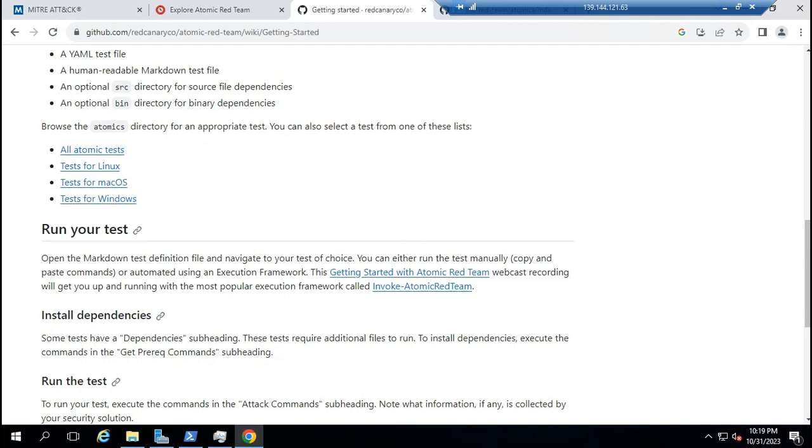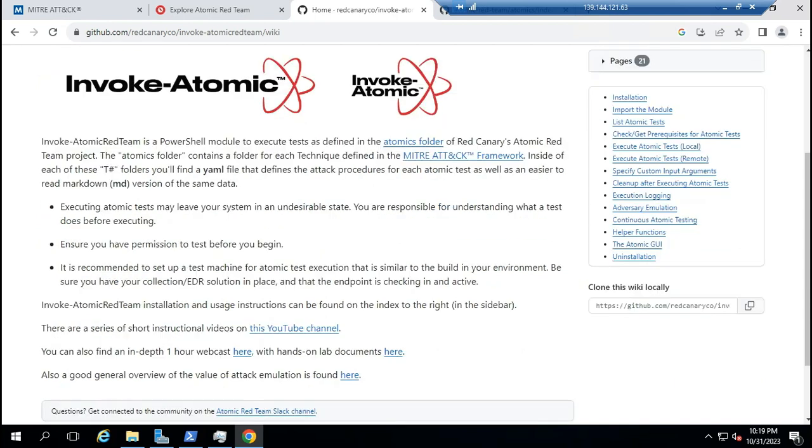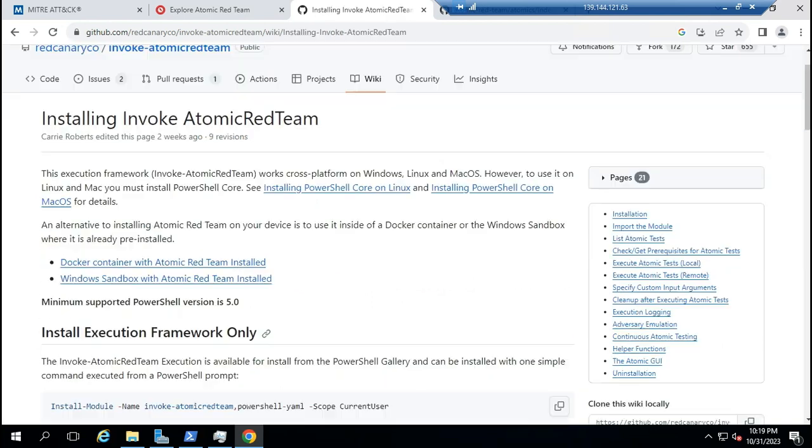We are running this using an execution framework. The popular execution framework is called Invoke-AtomicRedTeam. This is a framework to run the tests. So first of all, installation.